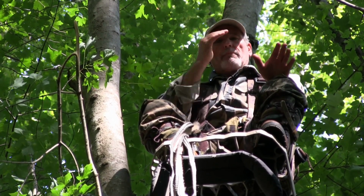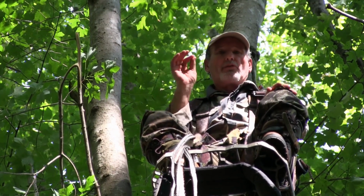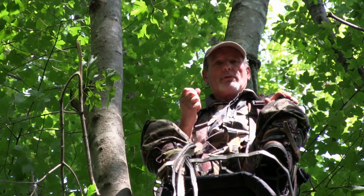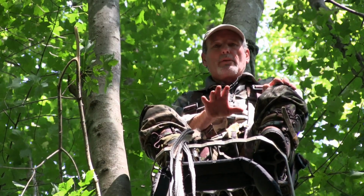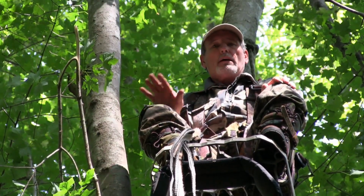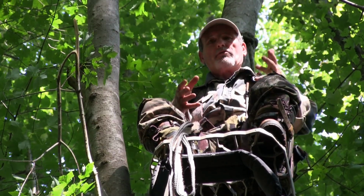Let me just recap a few things here. One is, the system is exactly that. It's a system for getting your stuff into the woods, because the stand itself becomes a pack frame. Now you can do this with other stands, but this is my preference. I like this stand. I've used it for 20 plus years. It's amazing, okay? The other thing that's going on here is I'm using a system to be able to get